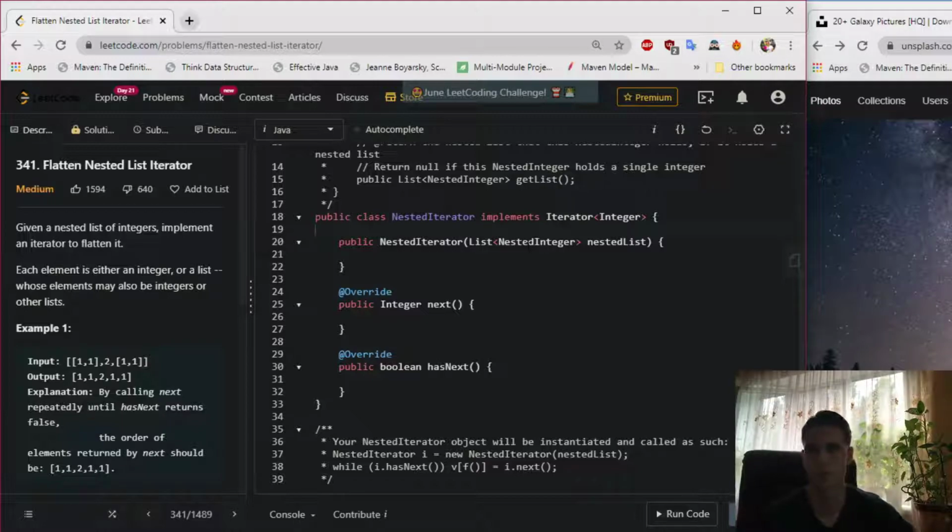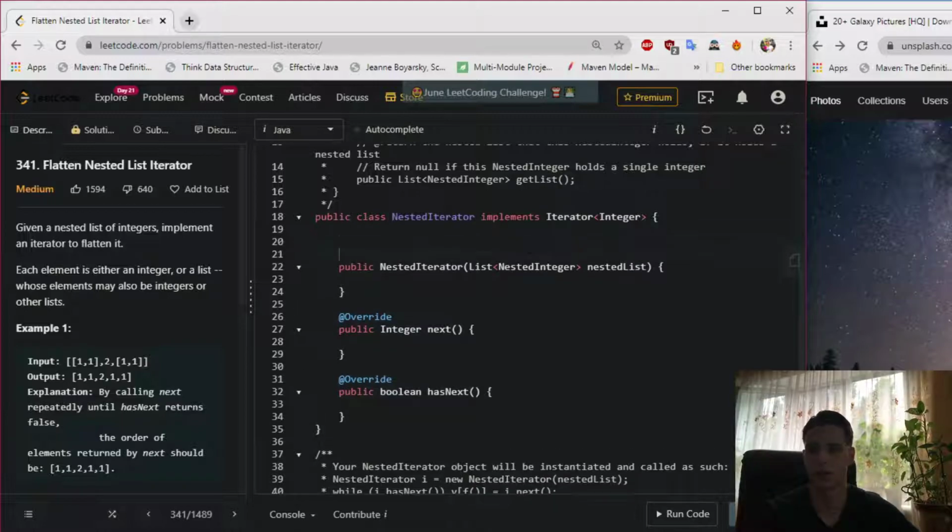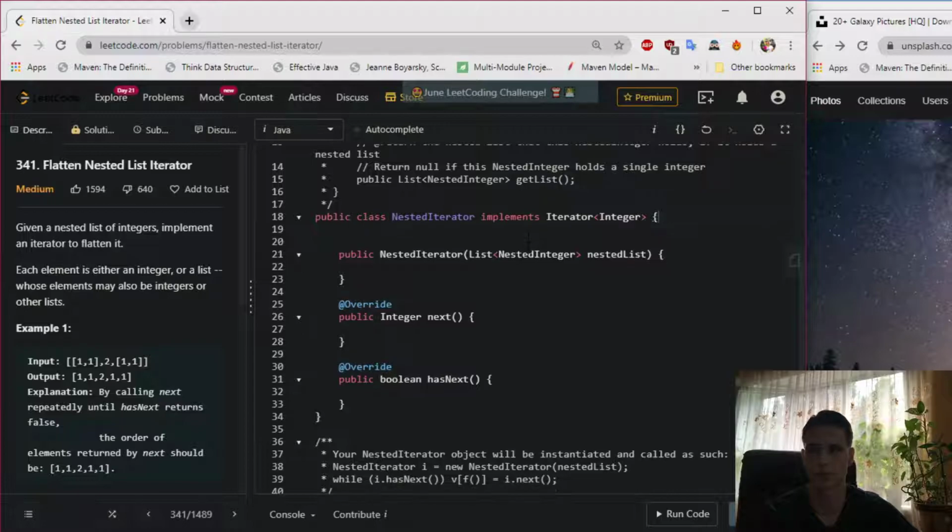First, you need to initialize a stack, right? So you say stack, the type will be NestedInteger, stack equals new Stack